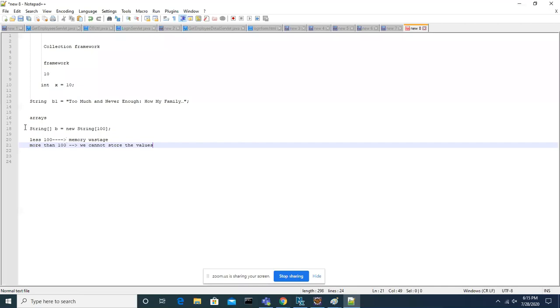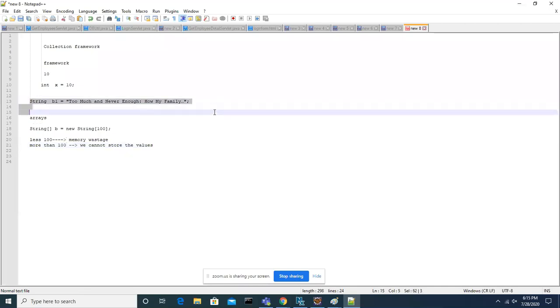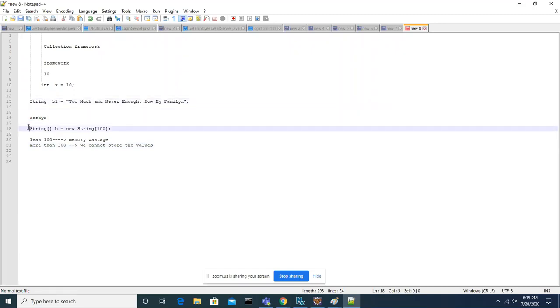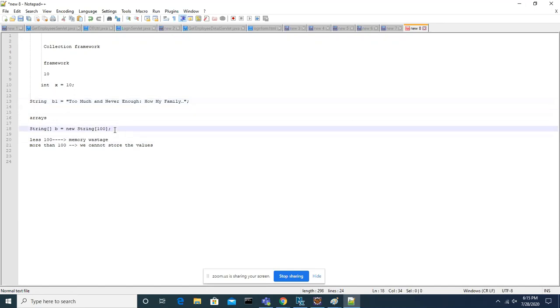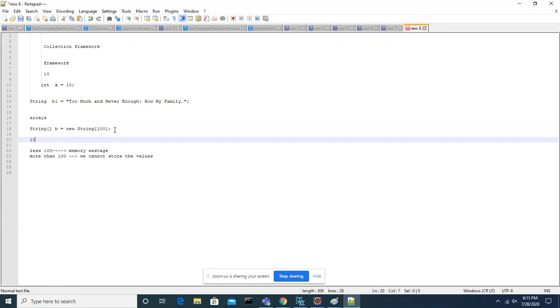So as you were using single variable declarations, you faced some problems. For that problem, you got a solution. That solution is arrays. But while using the array concept, we avoid these problems but still get new problems. What are the problems? If it is 100 only, then only it is useful. But we cannot guarantee that all the time only 100 values will be stored, because it might be dynamic.